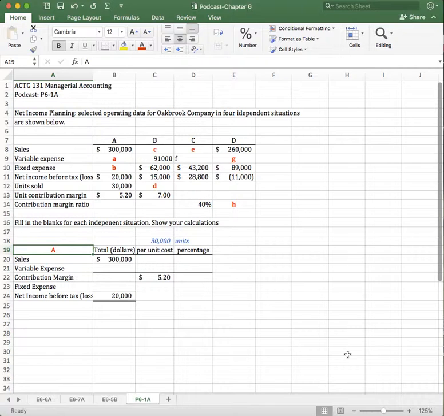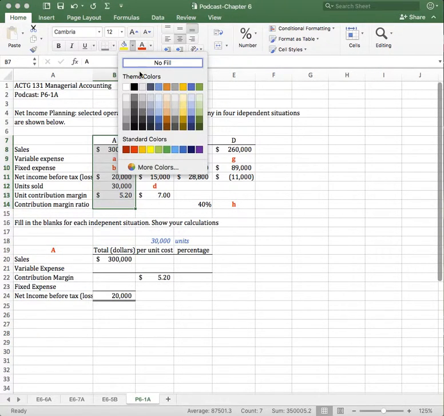So in this situation, we have four independent scenarios, A, B, C, and D. We're given the information right out of the book, and we need to fill in the blanks. So let's work with A,